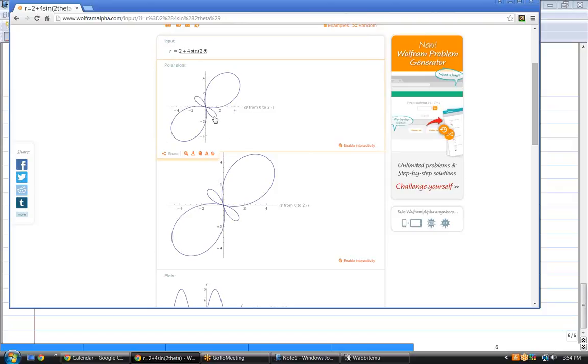So this can clearly be an r of minus 2, and since the smallest that the sine of 2 theta can be is minus 1, where does that occur? That occurs in the second. Normally it occurs at 3 pi over 2, but in this case that means it's going to occur at